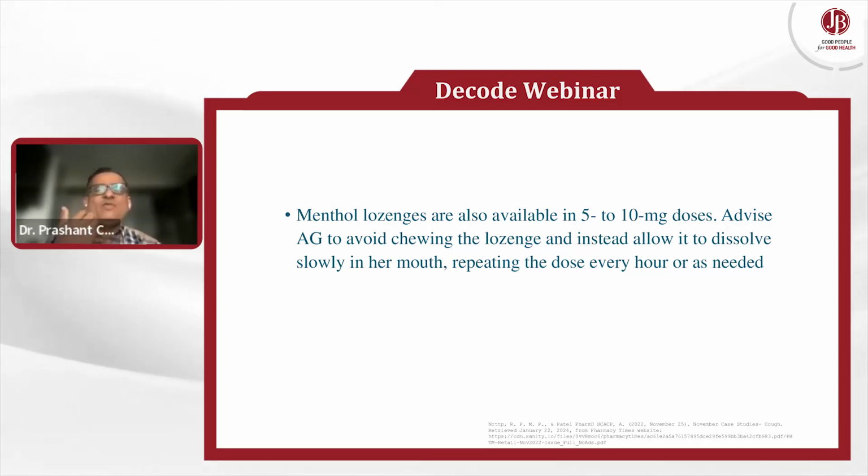In this scenario, lozenges are also available, and lozenges of these formulations can be very helpful. They dissolve slowly in the mouth. They are not supposed to be bitten, and as it forms a demulcent coat over the throat, it helps in the reduction of cough severity. Typically, these individuals may be able to talk in long sentences, but if it is affecting their work or their meetings in day-to-day time, yeah,